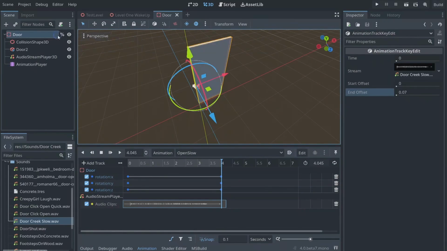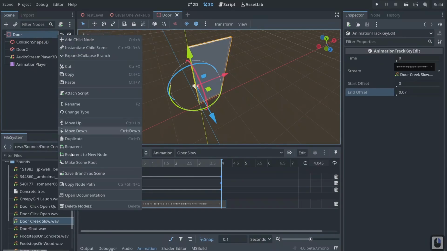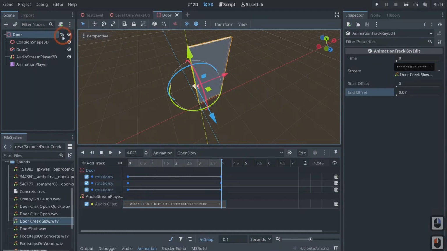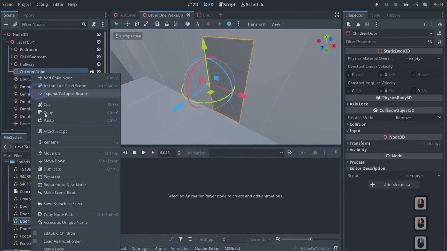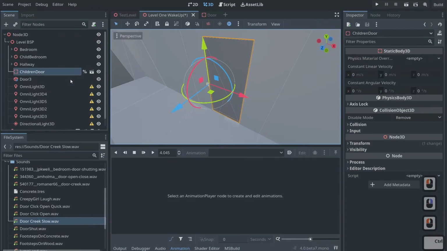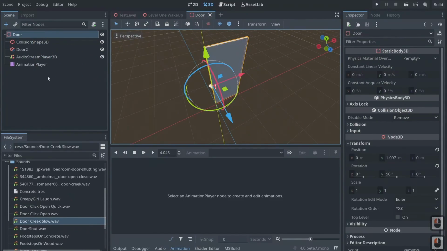Now we can get rid of this global accessor here on this guy. So I'm going to click on it right like that, and that will get rid of it. And then I can come into my level 1. Oh, I guess I can't. Let me see if I right click this, access as scene unique. Does that change it on my door? No, okay. So it looks like I did that backwards, and that's my fault. So make sure you reassign this and don't assign it to this, because then if you do it to this, then every part of the project that has this instance is going to be a problem,